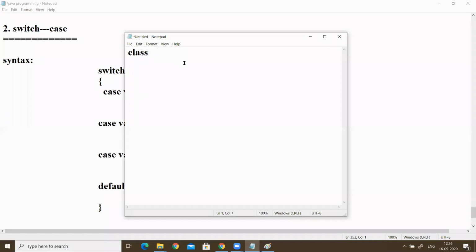We write here the class if check. Next, public static void main, String args.